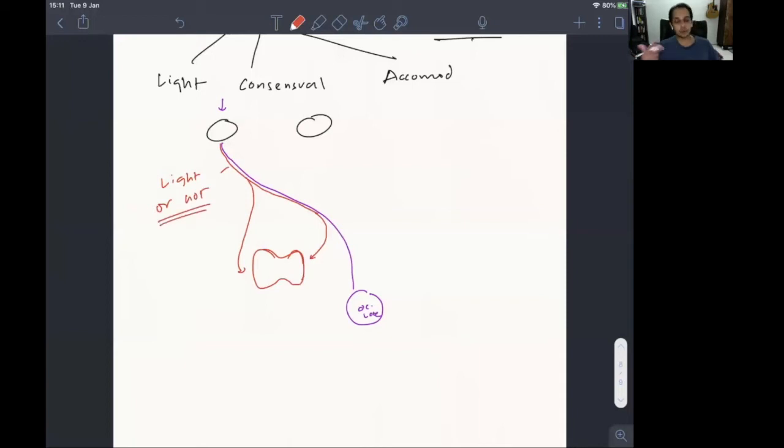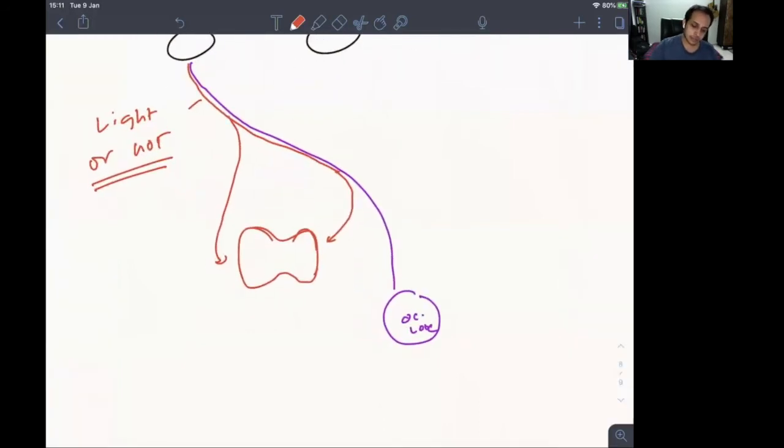And this is much more primitive. Before we want to know what we are seeing, much before that, we want to know whether there is any light in front of us or not. So this is the information that these fibers carry, and they carry this information to this area in the midbrain